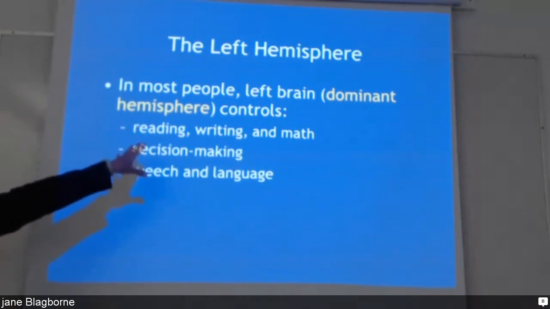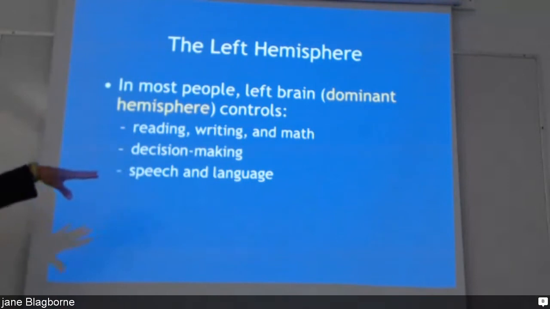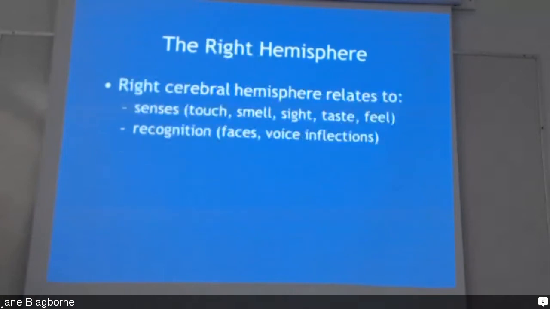If you had a patient who was having difficulty after an accident with their reading and writing, their speech and language, you would know that the left side was damaged. The right side